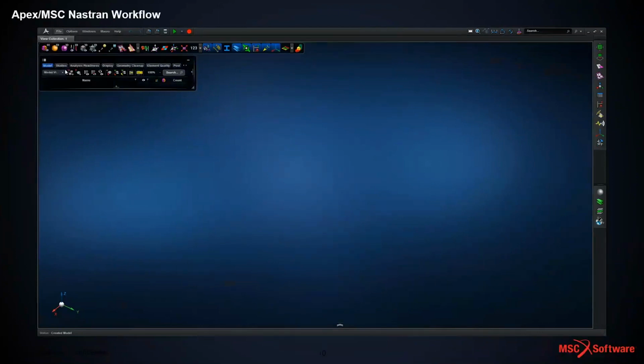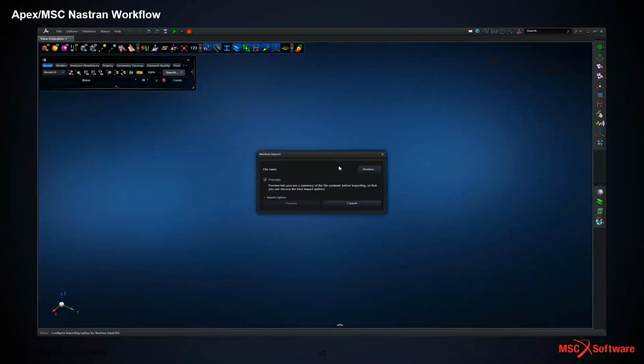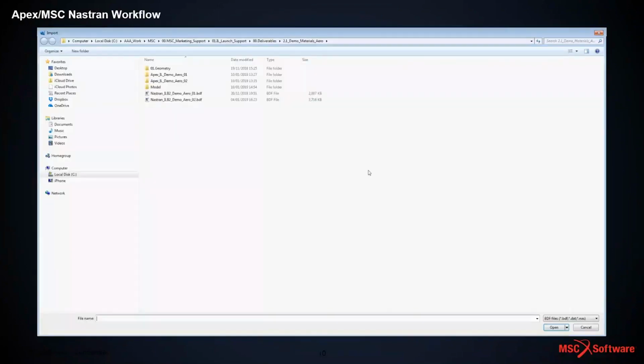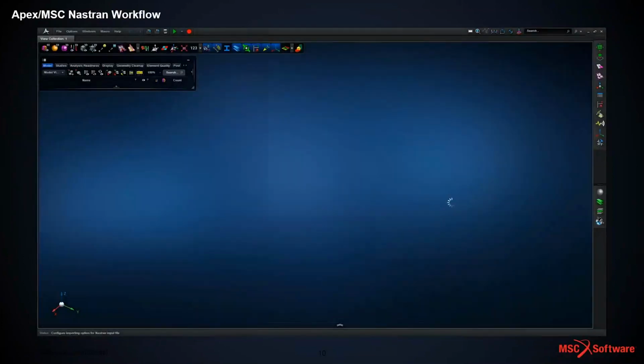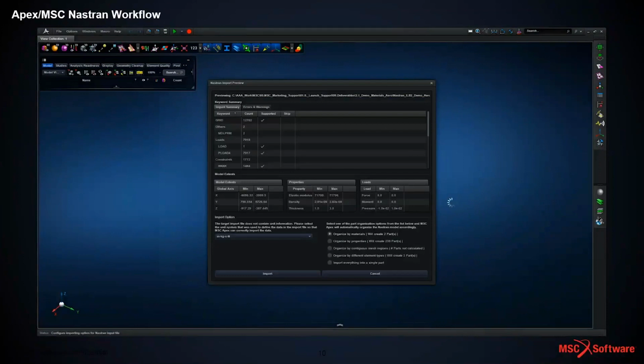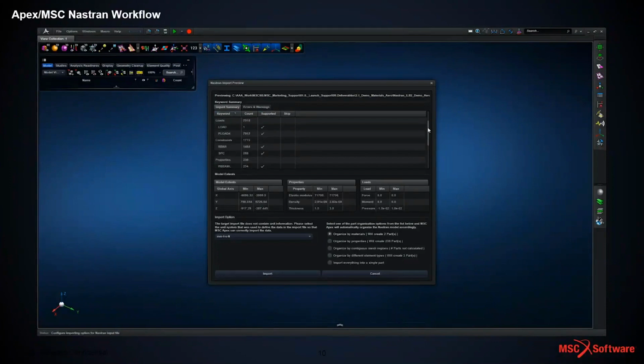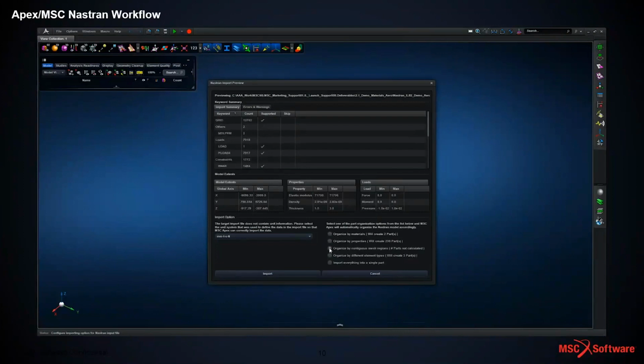So first of all, we're going to look at an Apex environment with a Nastran deck imported. So we just simply import the deck, pick that from our user base. We can preview the deck. So this allows us to look at things like the keywords, the count of keywords, the unit system, so we can flip from different unit systems if necessary. We've got things like the extent of the model, the properties of loads, and then we can organize the model in different ways. So in this particular example, we're going to organize by contiguous meshed regions, and then simply import